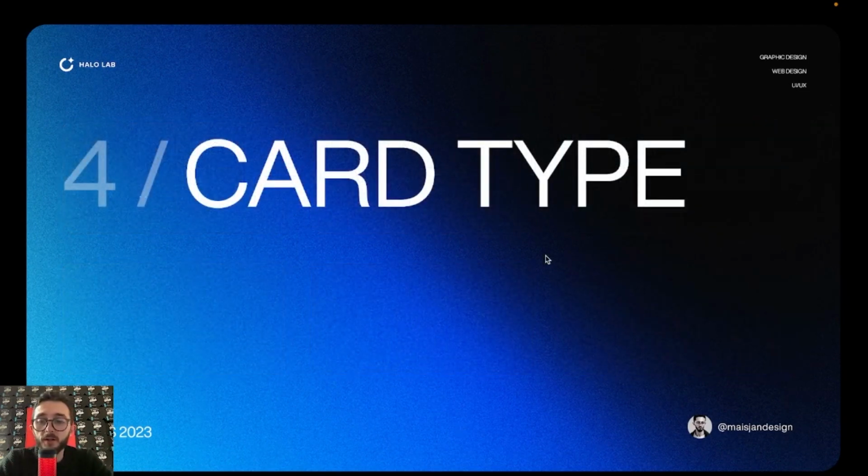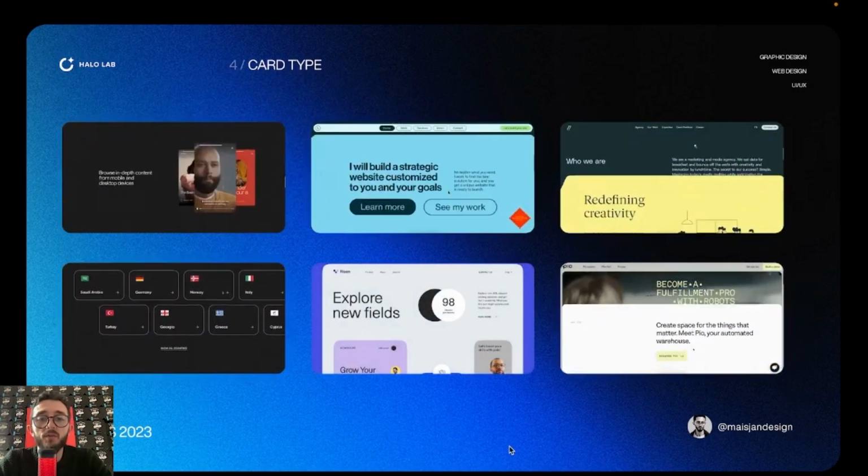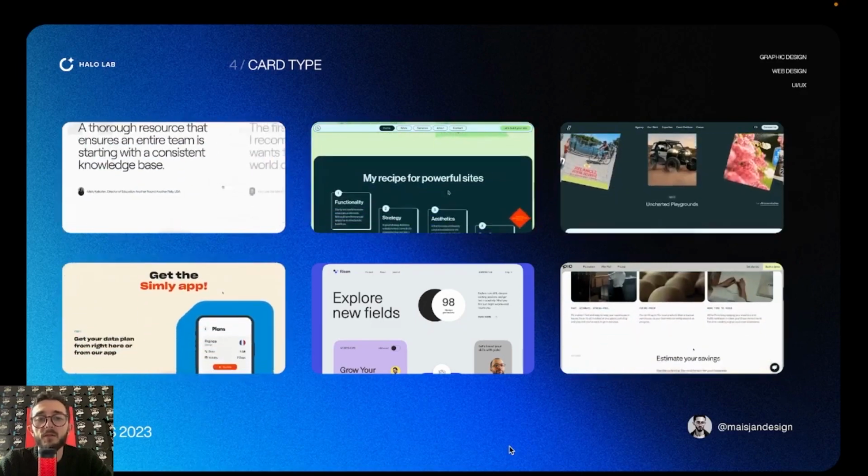So the fourth thing is card design. Card design is starting to appear more and more on websites, in branding, in any other graphic design. And it also looks cool together with interaction, together with scrolltelling, together with some small details. And I would probably add to all the trends, we'll discuss at least